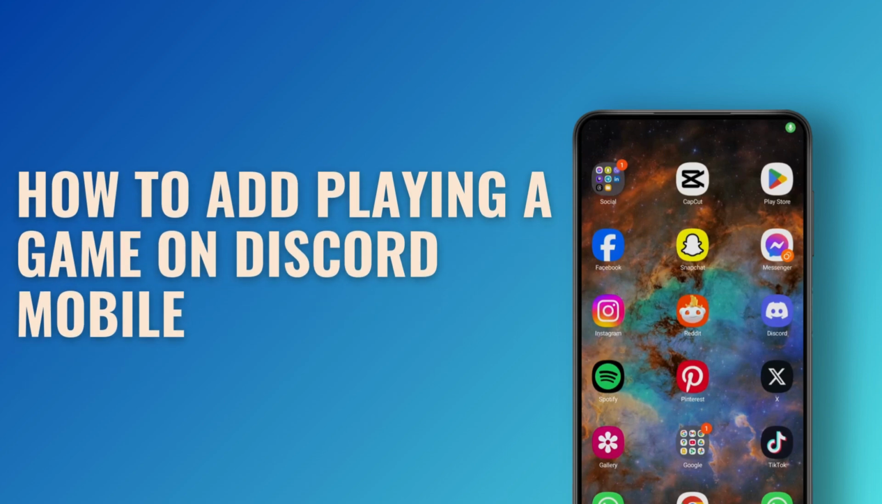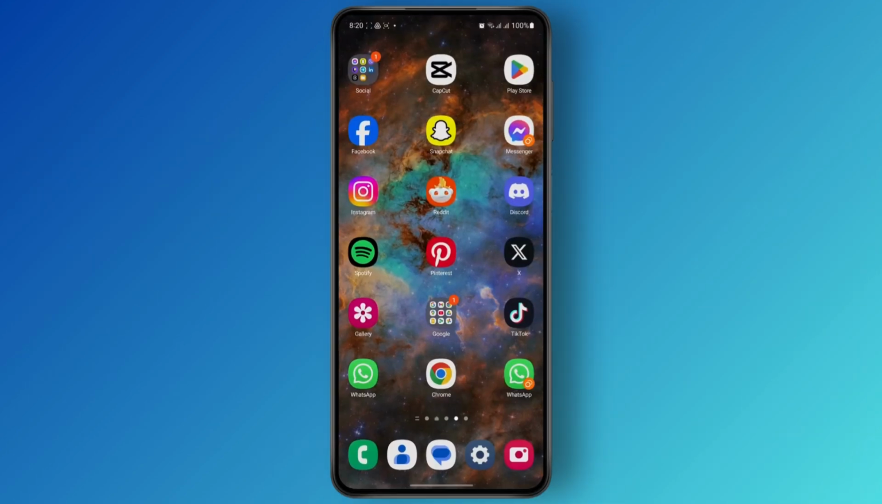How to add playing a game on Discord Mobile. What's up everyone, in today's tutorial I'll be showing you guys how you can add the current game you're playing